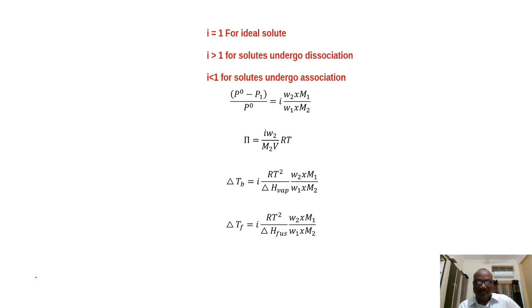So what we have discussed, you see, once again, we have discussed the relationship between the depression of freezing point and relative lowering of vapour pressure. From that we have established the relationship between delta Tf and molality. Then we have seen the meaning of abnormal molar mass and the relationship between the colligative property and the molecular mass of the solute, and how these abnormal molar masses are converted into normal molar masses with the help of the van 't Hoff factor.